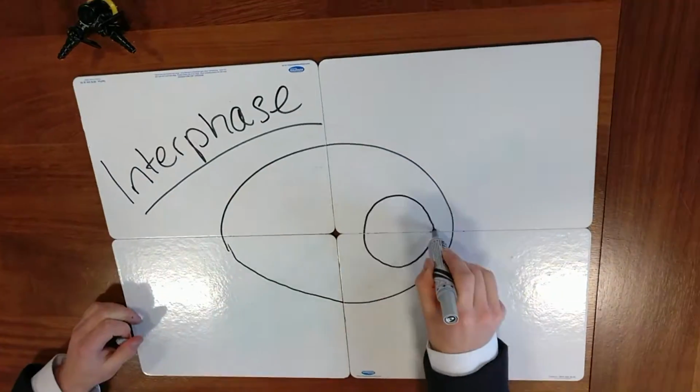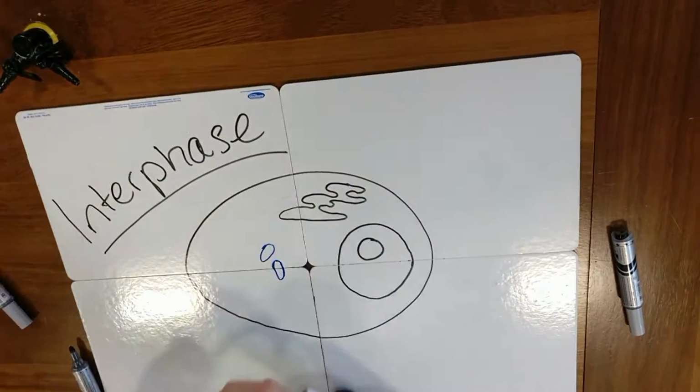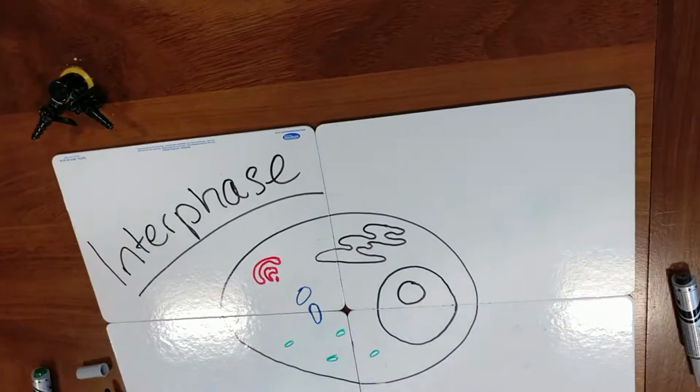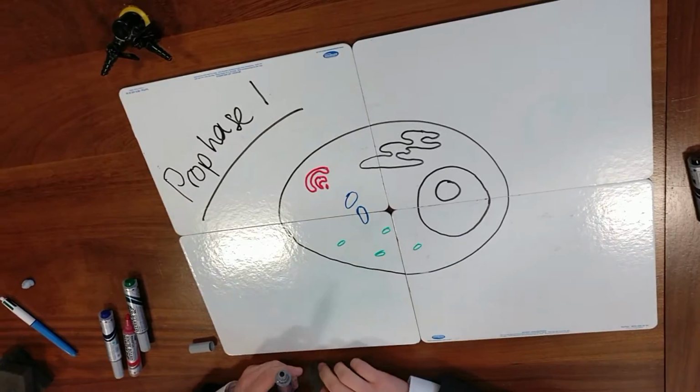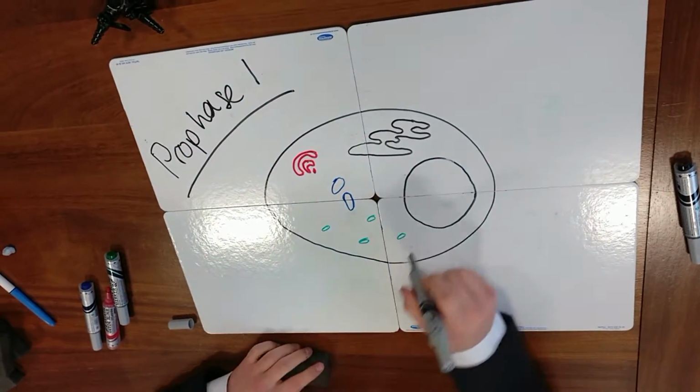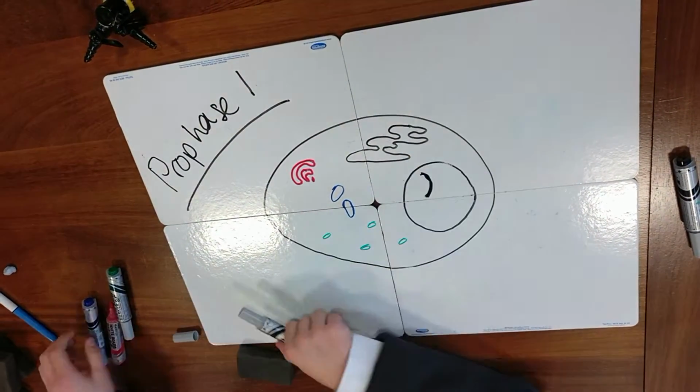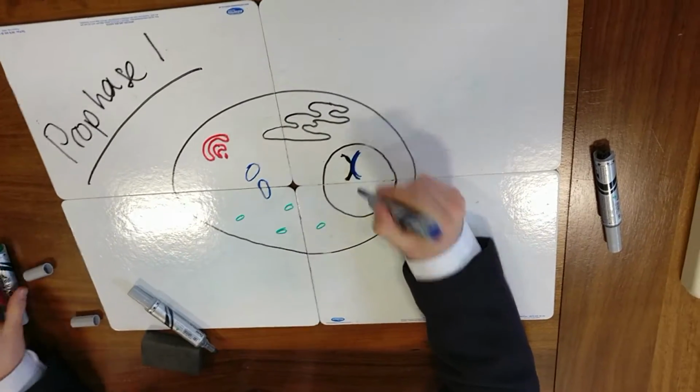First of all, let's begin with the interphase. The interphase is where the normal processes in the cell happen, and then after this comes the prophase. During interphase, before the start of the prophase, chromosomes are replicated and consist of two identical sister chromatids joined at